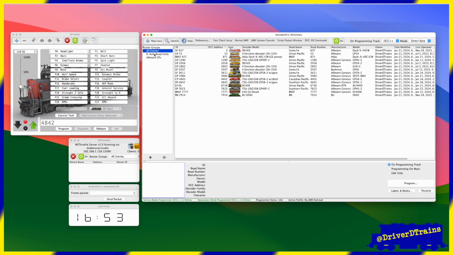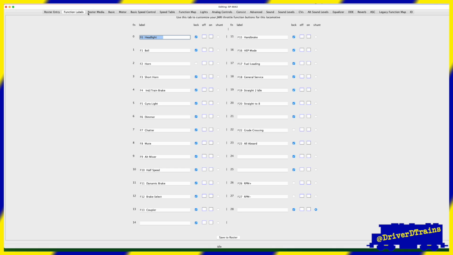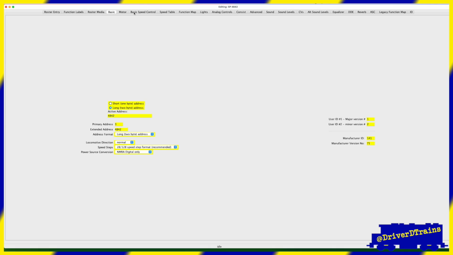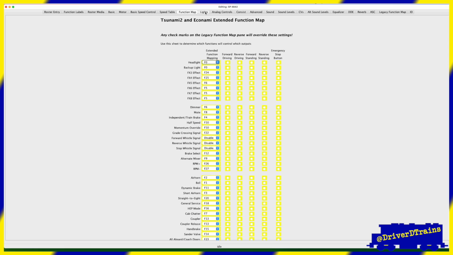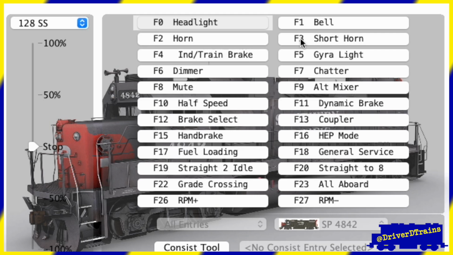Fortunately, JMRI is here to help with both of these problems. As Mark Gurries originally envisioned 25 years ago, the DecoderPro app makes programming and keeping track of locomotive decoder settings a breeze, and JMRI throttles make it easy to see what functions each locomotive has and which function buttons activate which feature. But even more than that,